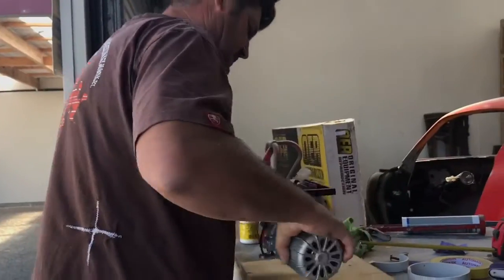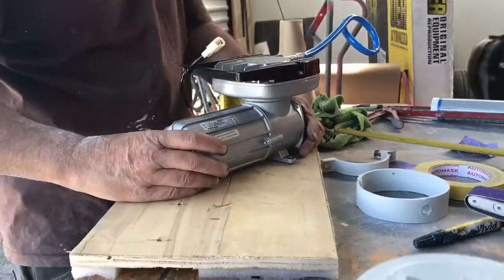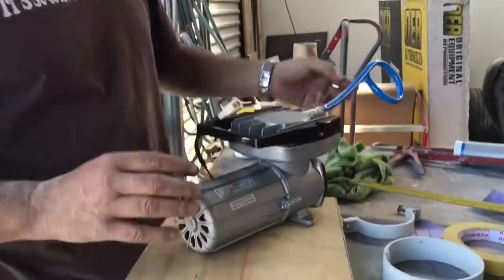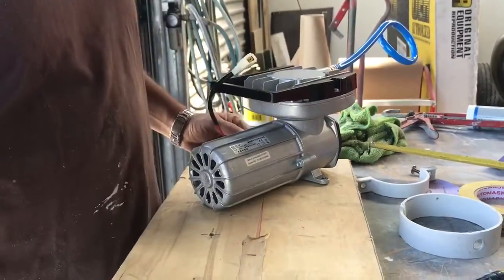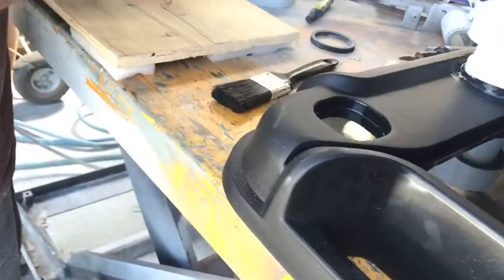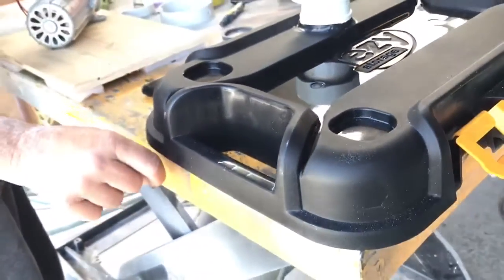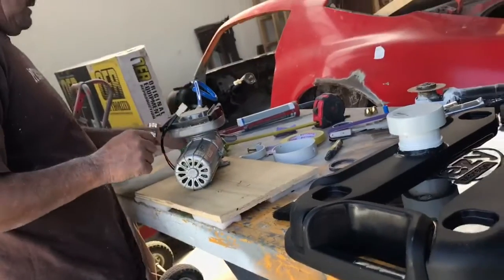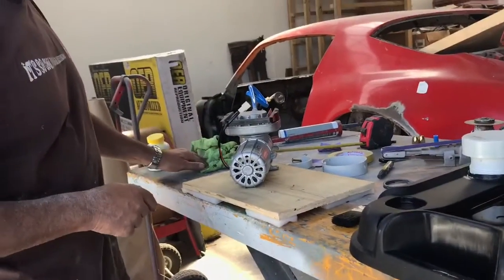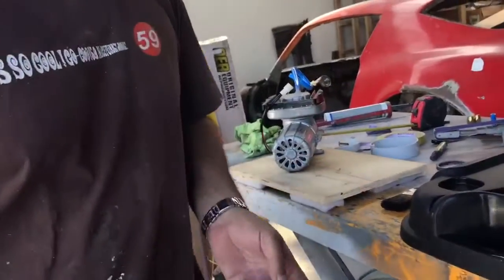And what we're going to do here is just mount it on a wee bit of an angle so that the corners of the container, if you look at it in the container, there's a little bit of an indent like that. So I want to just poke it out so the compressor's on an angle like that. It'll come out about here and then connect into our tank. So I'm going to drill those holes, put some screws in there, and leaves enough room for the battery to sit there, which is